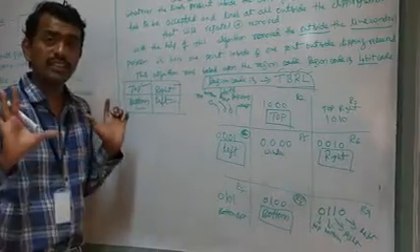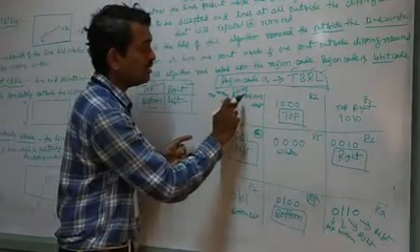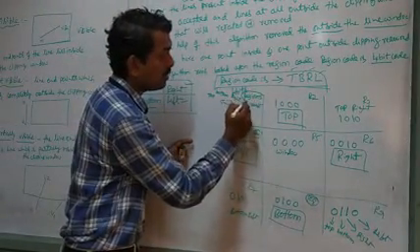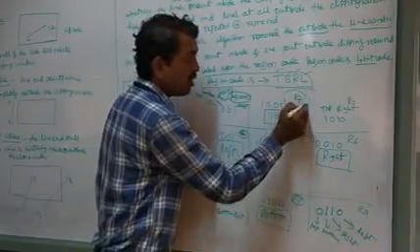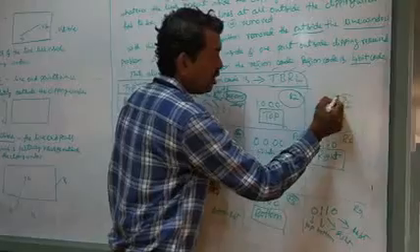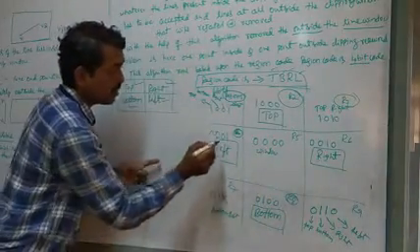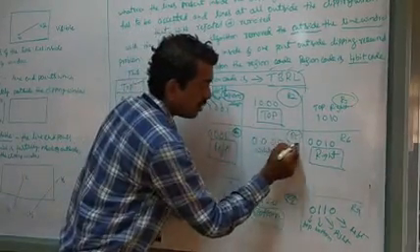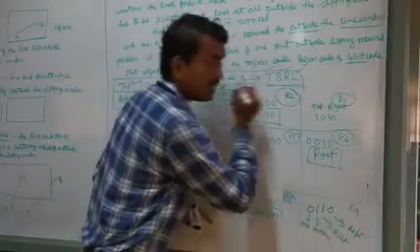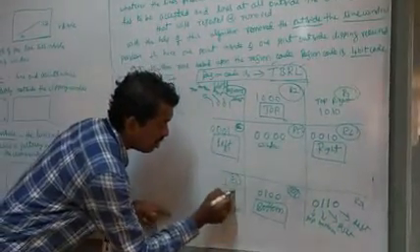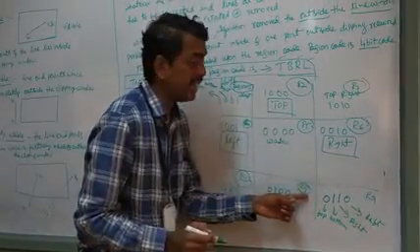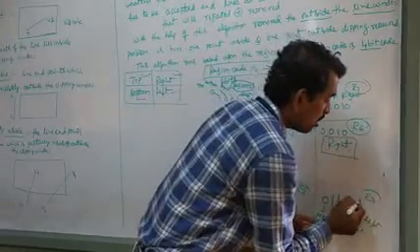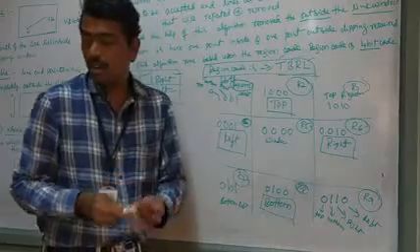Okay. Already consider the regions. Give the region. This region is called R1, region 1. This is called region 2. This is called region 3. This is called region 4. This is called region 5. This is called region 6. This is called R7, region 7. This is called region 8. This is called R9.